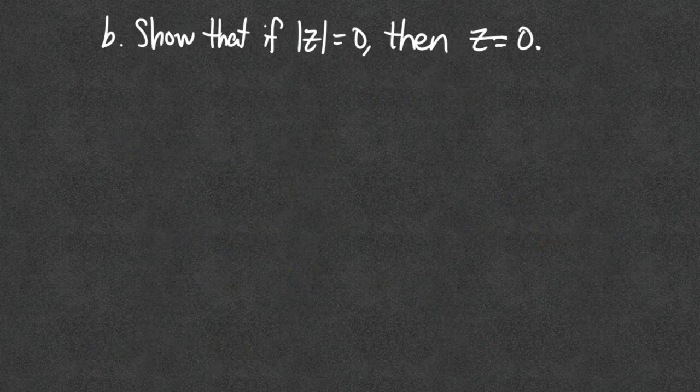All right, next we have to show that if the modulus of z is equal to 0, then the complex number itself has to equal 0. And so going back to what we said graphically about the modulus of z, that represents the radius of a circle that's centered at the origin. And recall that the definition of a circle is simply the locus